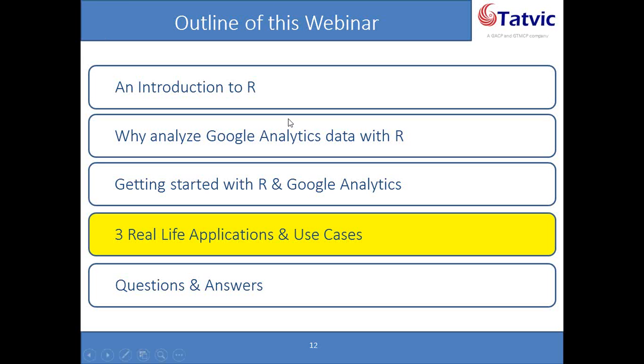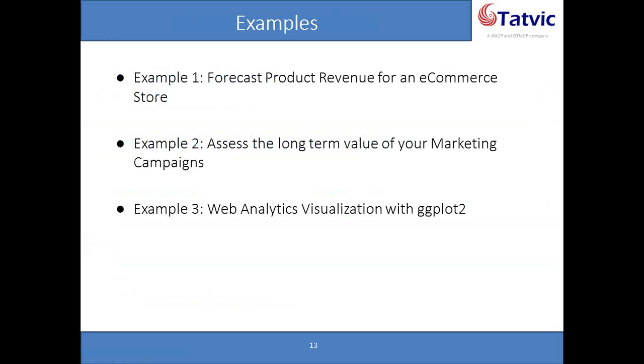While people write the questions, in the interest of everybody's time, I'll move to the summary of the examples that I'm going to cover during this next some time. The 3 examples that I'll share: the first example is to forecast the product revenue for an e-commerce store. It is essentially a forecasting problem that I want to try and address.